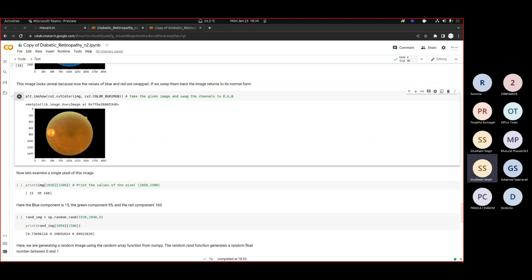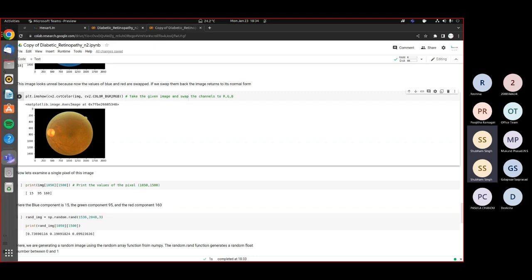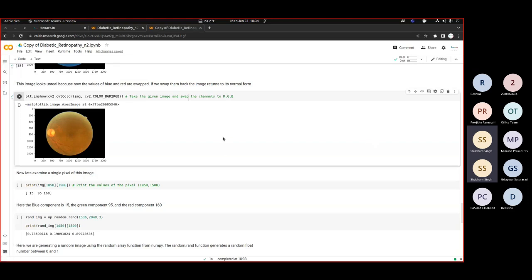Now let's examine one single pixel of this. When I said that every pixel has three values, each of these values represents a color. This is why when we say RGB, we say that there are three channels. There is one channel for red, one channel for blue, and one channel for green. Now, if you want to understand this image in a matrix notation, imagine three matrices, each of a particular x by y